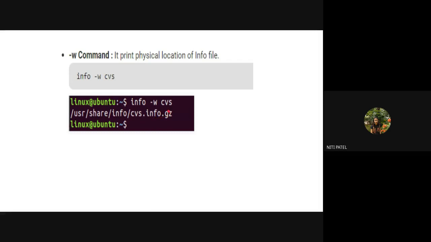This is the name of a file. Where is that file found? Inside the info folder, inside the share folder, inside the directory user. Okay. So the work of hyphen W remains the same whether it is man or info, which is used to tell the physical location of the particular file or command that you type over here. So again, if I replace this with printf, what will it give me? The location where that printf is saved inside the system.